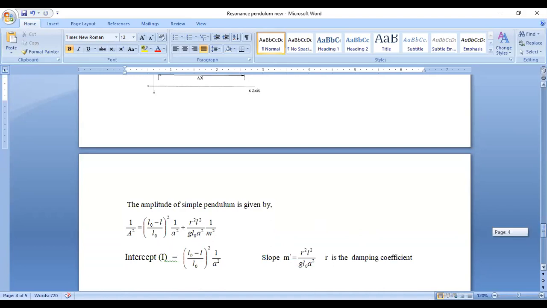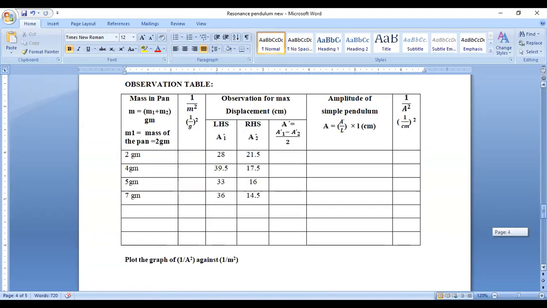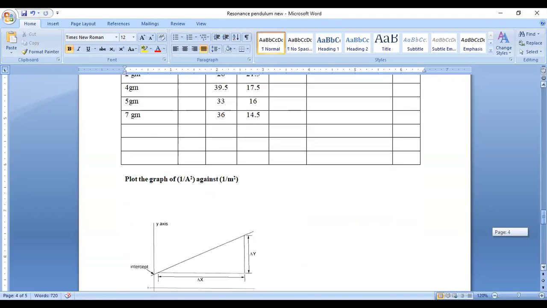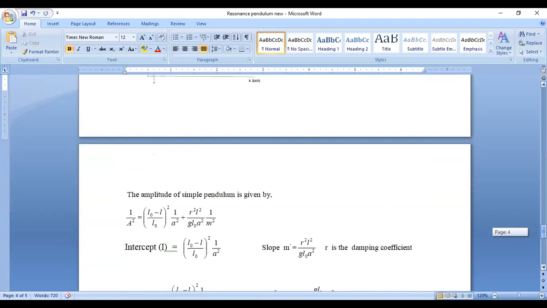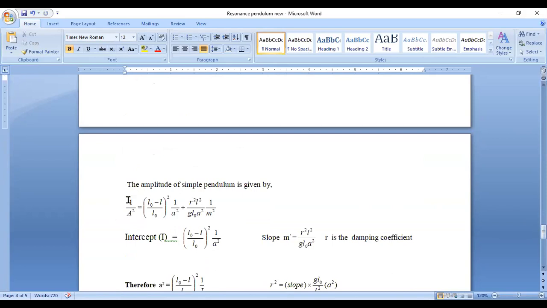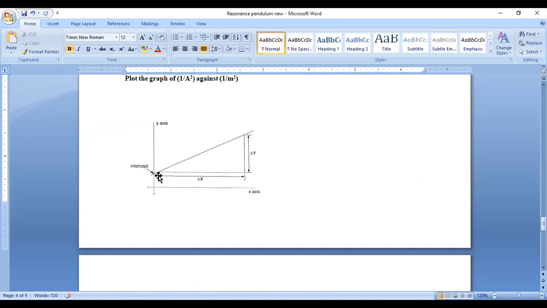So when you perform the experiment, you do the calculation and plot a graph of y versus x. Y is 1 upon a square, and your x is 1 upon m square. So if you plot a graph of 1 upon a square versus 1 upon m square, this is 1 upon a square on the y-axis, and this is 1 upon m square on the x-axis. You plot the graph, you measure the intercept, you measure the slope dy by dx,